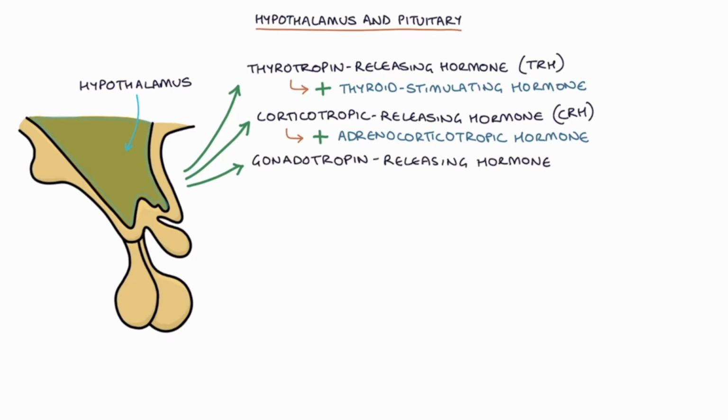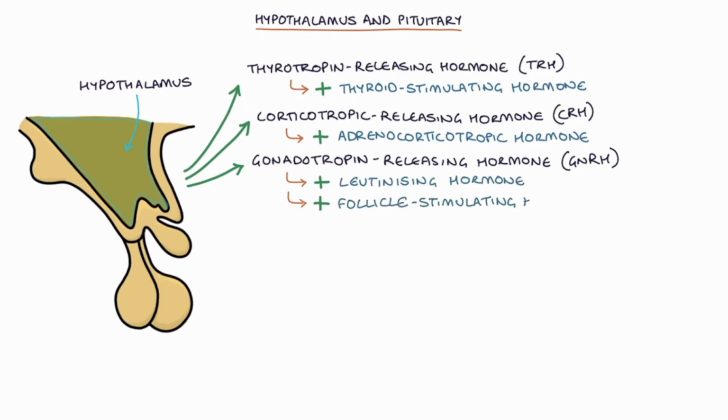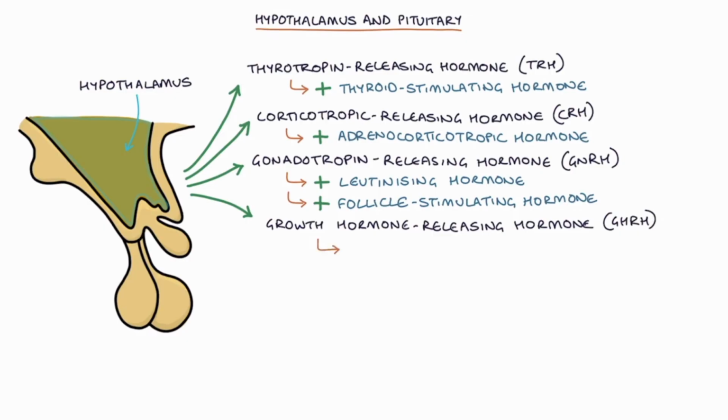gonadotropin-releasing hormone, or GnRH, which stimulates luteinizing hormone and follicle-stimulating hormone secretion by the pituitary, growth hormone-releasing hormone, or GHRH, which stimulates growth hormone secretion by the pituitary,